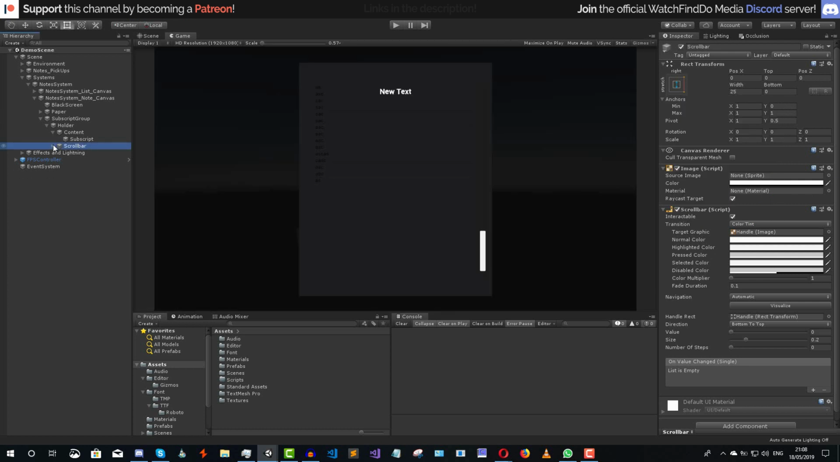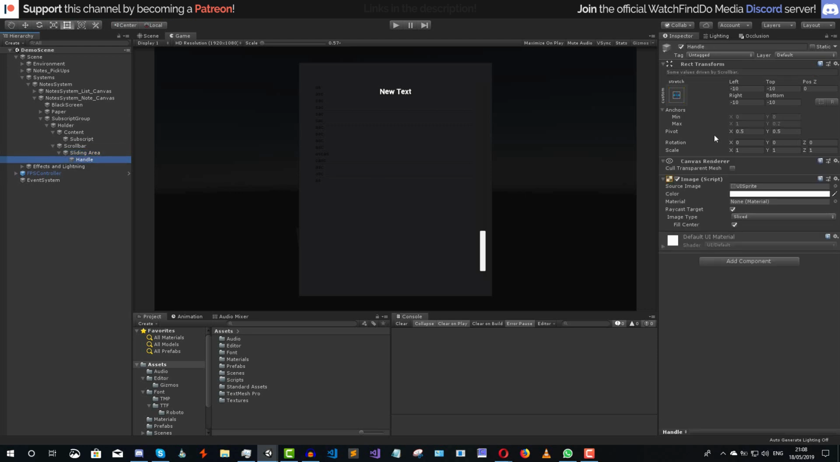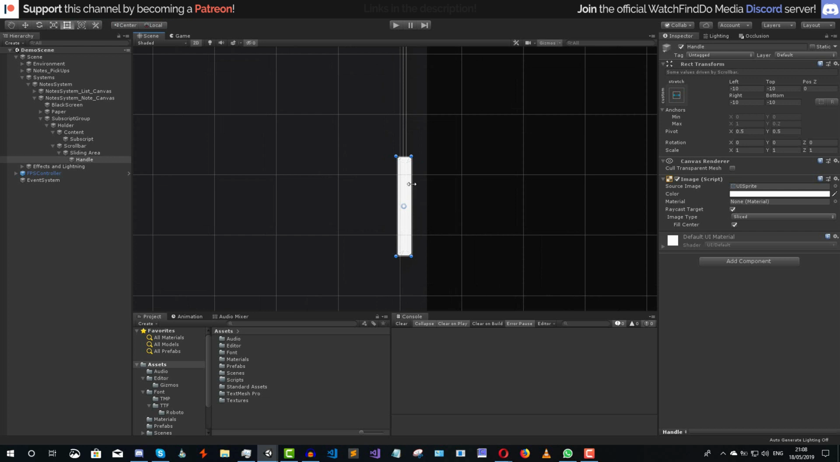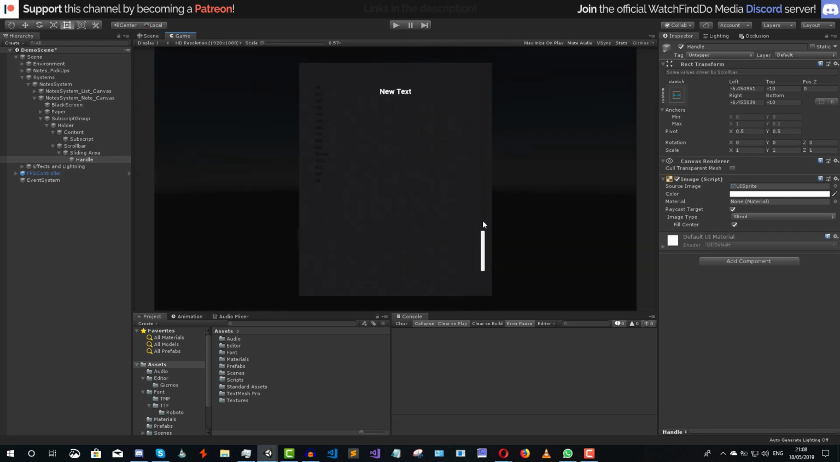Alright, the next thing that I want to do is go to the handle of the scroll bar, and I want to make this slightly thinner. So let's simply move this like this, and that is all we need to do. Now it looks slightly better. Alright, now let's go back to our